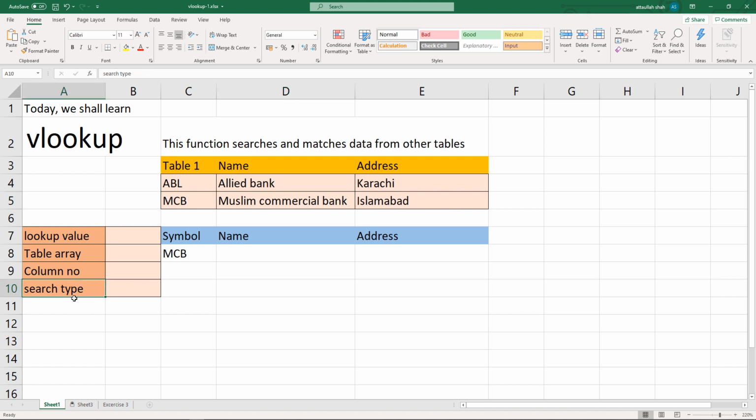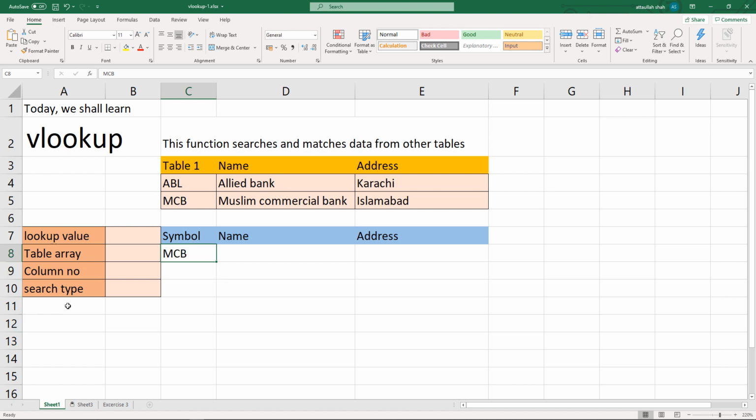And search type is the last argument, where we specify whether the search should be exact or approximate. So exact, for example, if we are searching for MCB in the table, there should be an exact match of MCB.